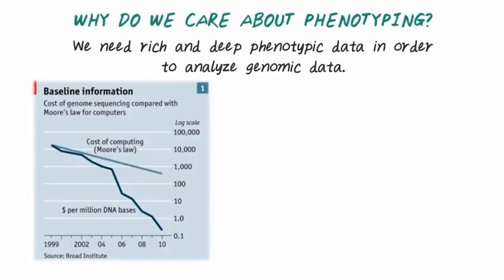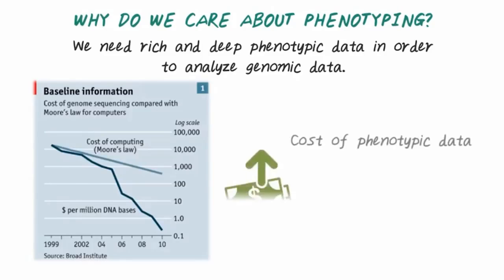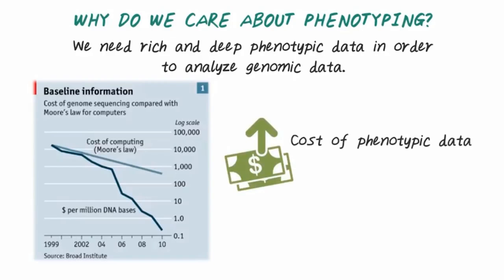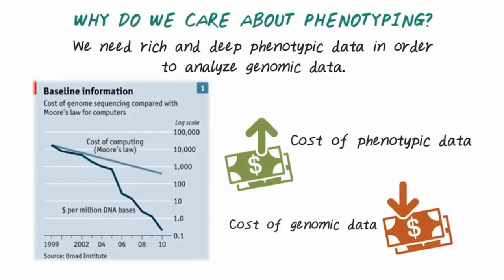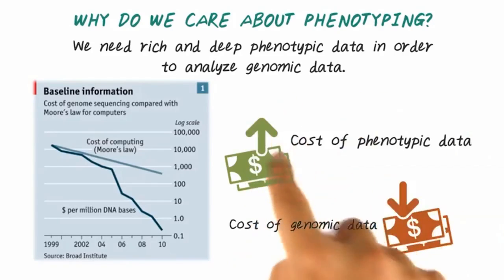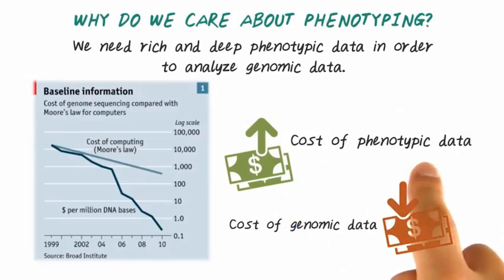However, due to the complexity of the electronic health record, the cost for generating high-quality phenotypic data is actually increasing, while the cost of genomic data is dropping drastically. That is why we really need to invent better phenotyping algorithms to reduce the cost of acquiring high-quality phenotypic data and to support genome